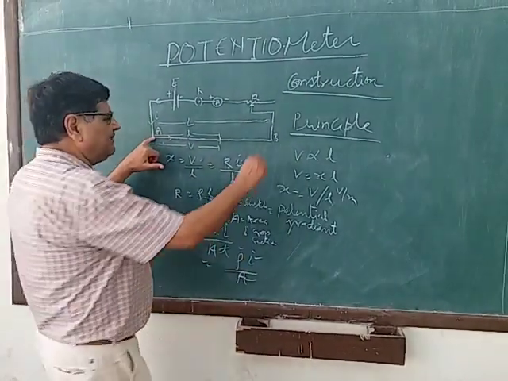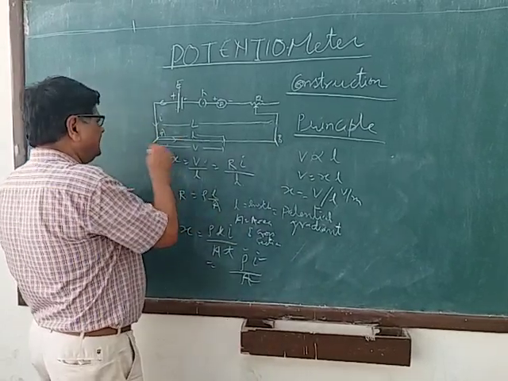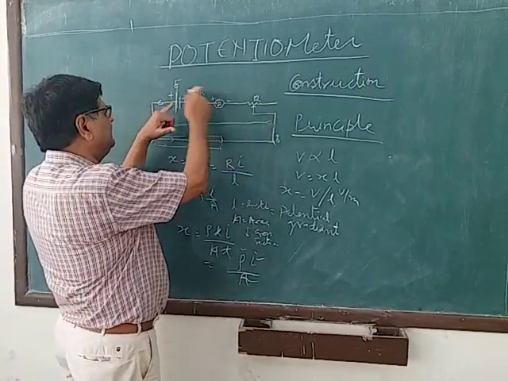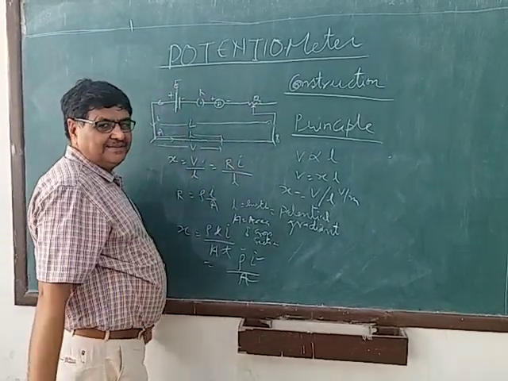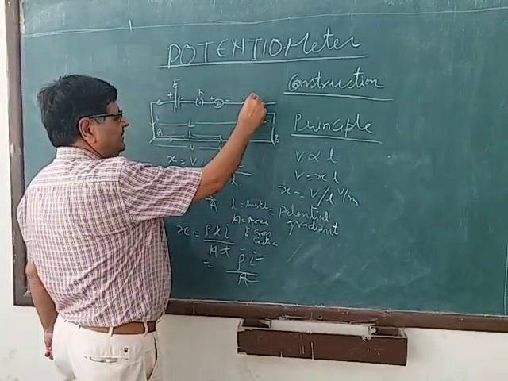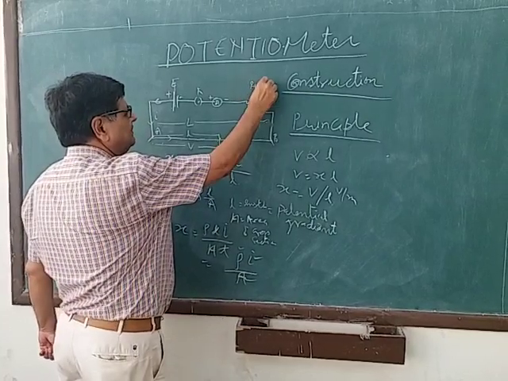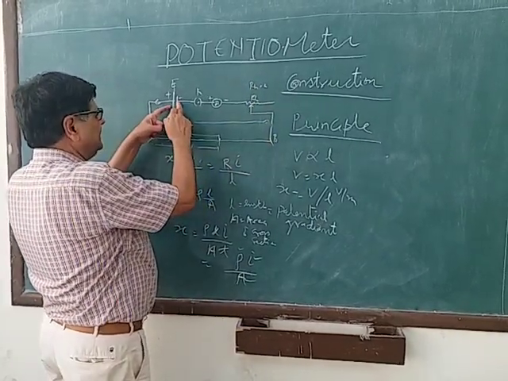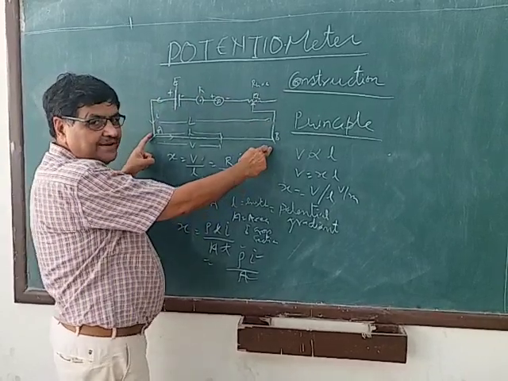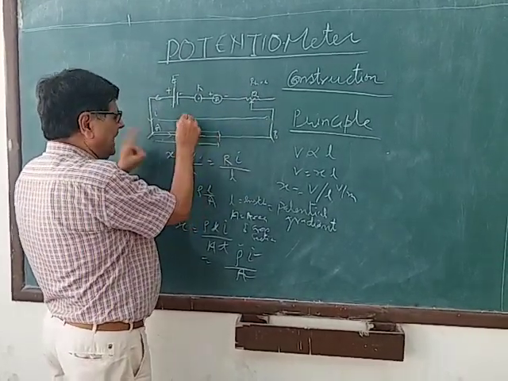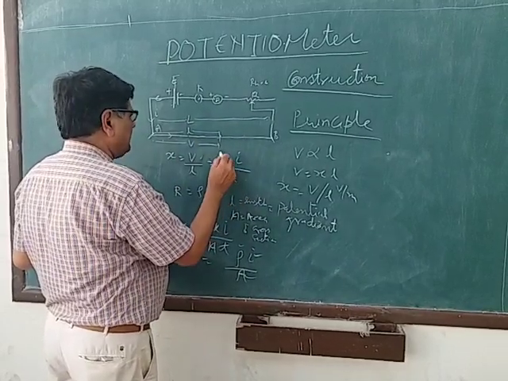About this entire wire, what is the potential difference between these 2 points? It is nothing but the EMF of the cell. If we are keeping the rheostat at 0, here resistance we are keeping 0, then whatever the EMF of the cell, it is the potential difference across these 2 points. And total length is L. X can be written as